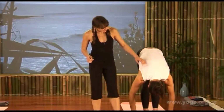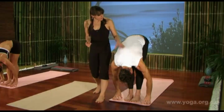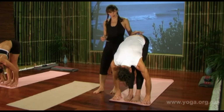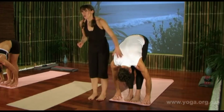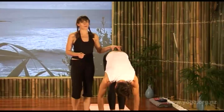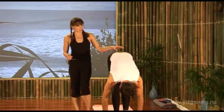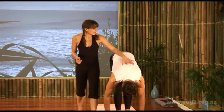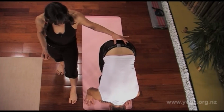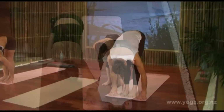Good. And we can see again the crown of the head is towards the floor and the sit bones here, they lift up as much as you can up towards the sky. And always, always shoulders towards the sacrum. So the sacrum is a triangular bone at the back of your pelvis. So always scapula to sacrum. Keep the breaths long, smooth and even, and continue to work the legs and feet just like you did in